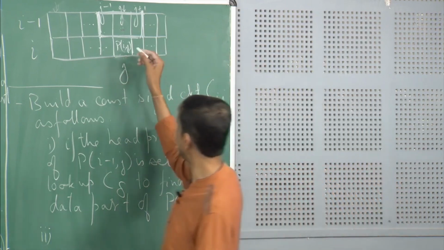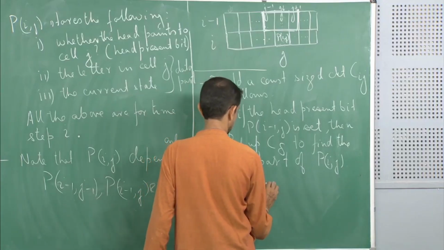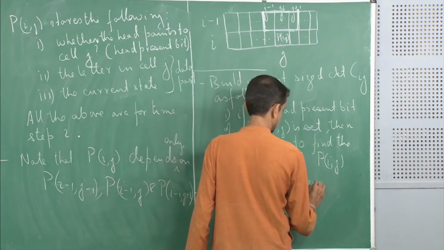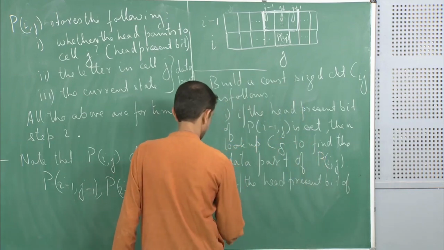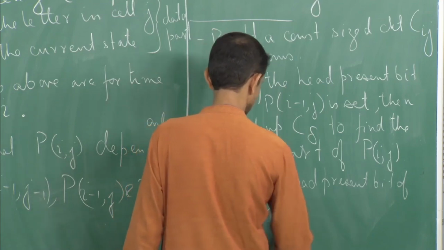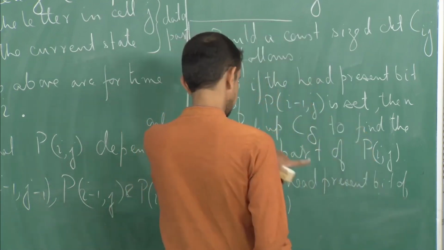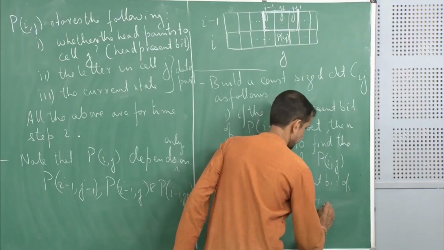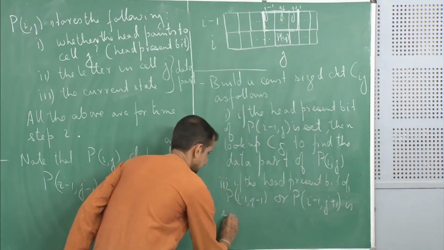So, now the remaining point is, if the head present bit of Pi minus 1, j minus 1, or Pi minus 1 j plus 1 is set,